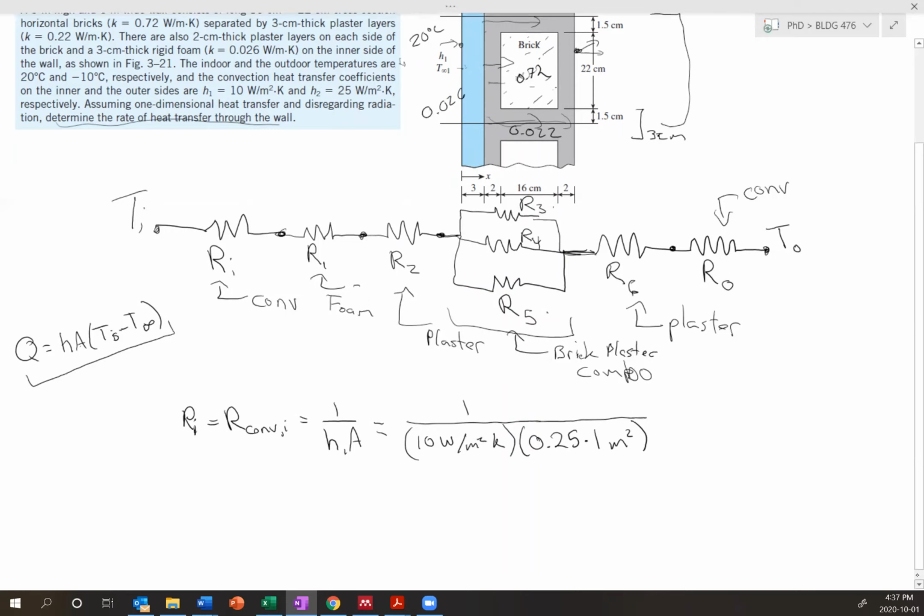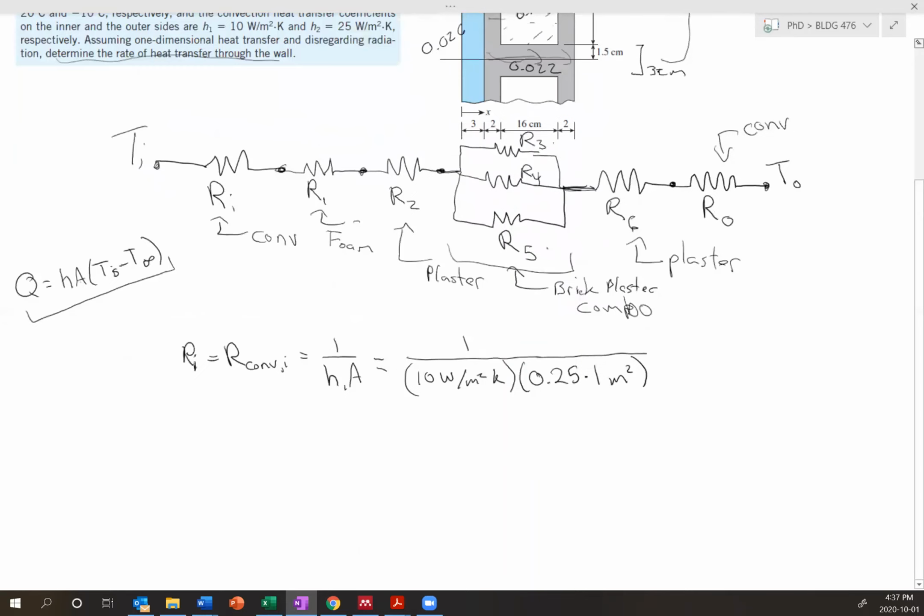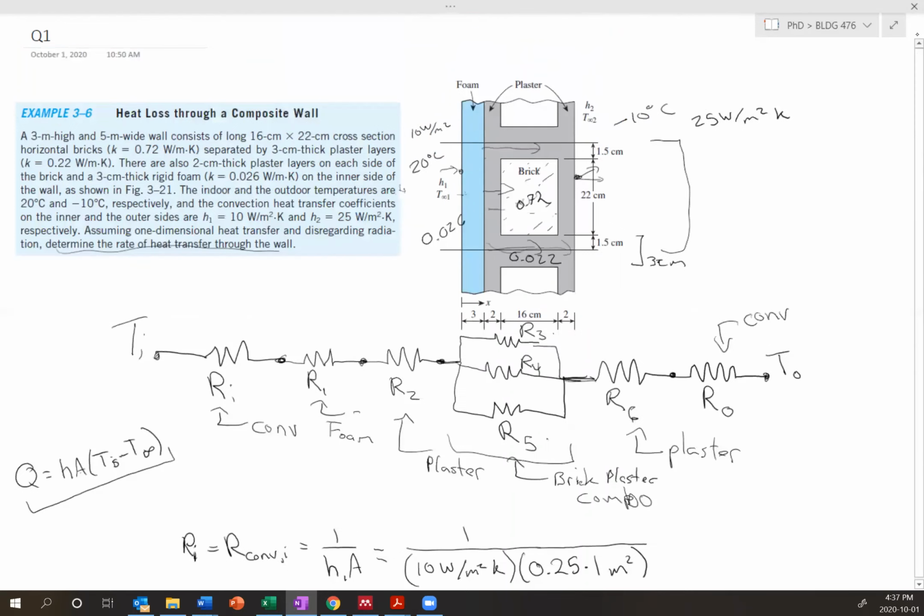So I think what they're doing, and this will all come together at the end if what I'm saying is right, is they're taking a cross section this way, and they're taking a representative 1 meter in this direction. And that will be important when we scale this up to the actual cross section of our wall. So for now, because we've only taken this representative piece here, we're going to take a representative 1 meter, and then we're going to